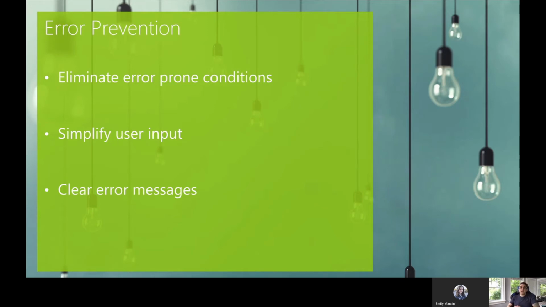And the other part is ensuring that you have clear error messages. We've all been to websites or clicked through forms where we screwed something up. Maybe it was a password and we didn't meet the criteria, but it doesn't clearly identify that that was the issue, or what the issue is. So what I like to do, especially in my forms-based applications, is make sure that when an error occurs on a form, I highlight the form field with an error message at the form field level. I also like to redirect the user to the top of the page so that they can